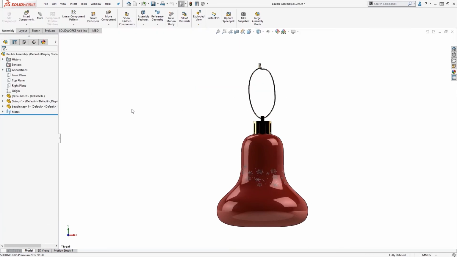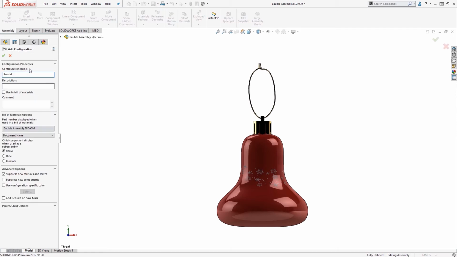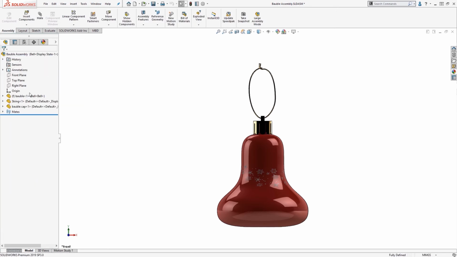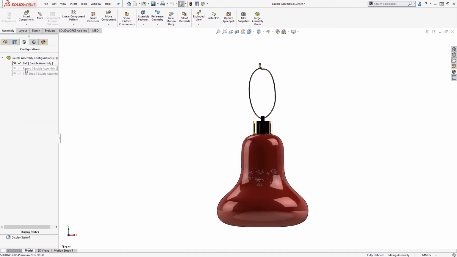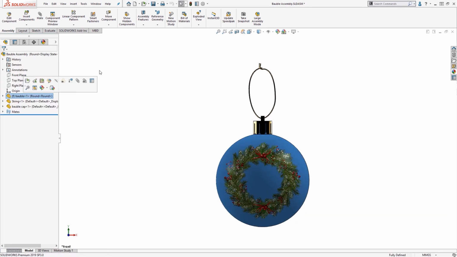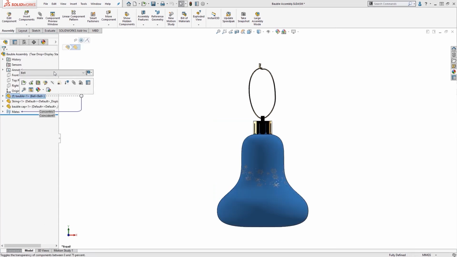We need to create 3 configurations within our assembly so we can pull through the right design. We could have added appearances and decals at assembly level, but we cannot specify faces if we do this. For this reason, SolidWorks recommend applying decals to parts. Once I have the 3 different configurations within the assembly, I can change which configuration of the bauble part it is using.